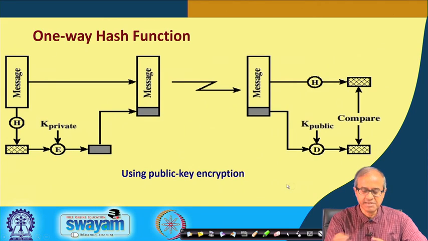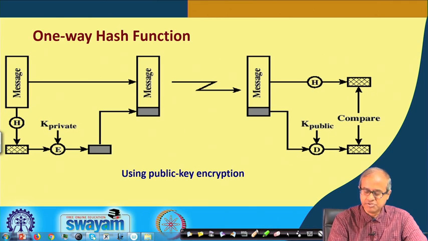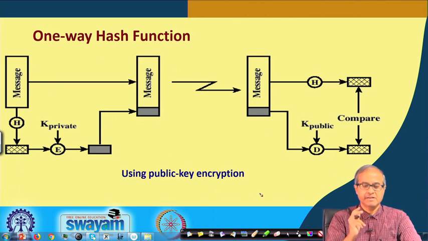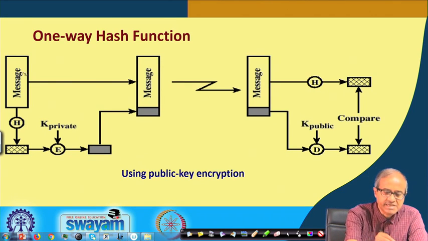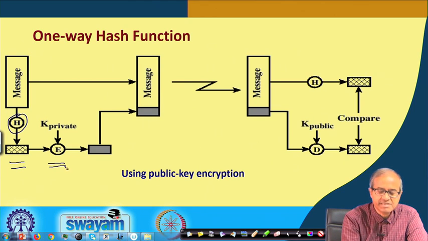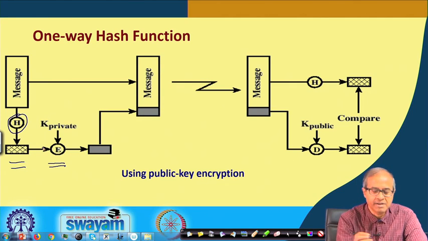Let us see if we can do something similar using public key encryption, because we had said earlier that one drawback of symmetric encryption was that both parties must share the same key. So the key must be sent to the other party through some means; that is an initial step. The one-way hash function is very similar here. With the message you again apply the hash function and get the hash digest. Then you again do encryption, but this time you use a public key encryption technique like RSA,